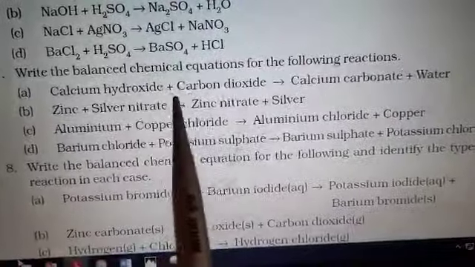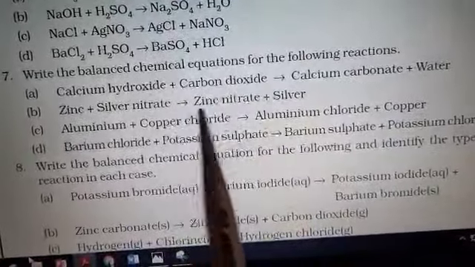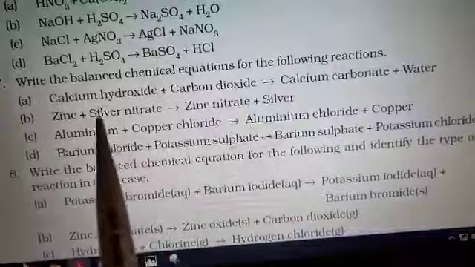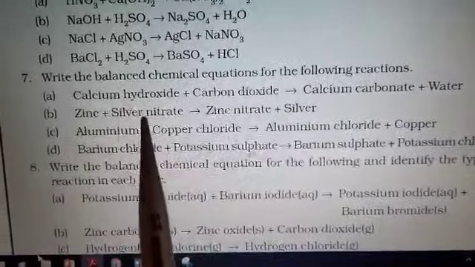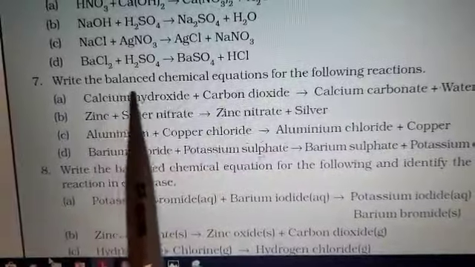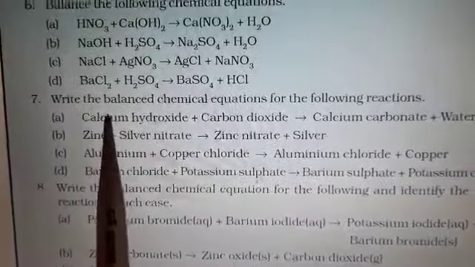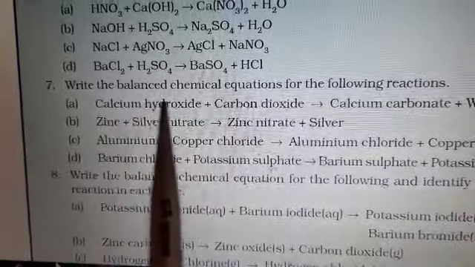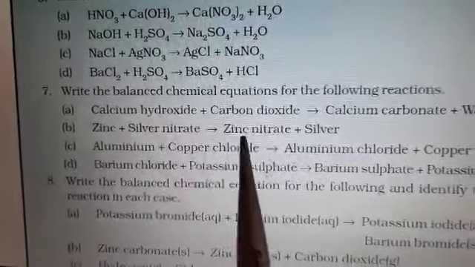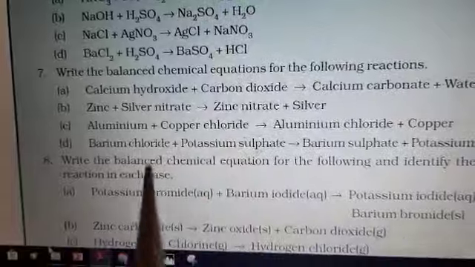Again you have to write the formulas and then you have to balance the reaction. Try to do it yourself. Make the formula where you are not knowing the formula. Please see that suppose calcium hydroxide, calcium has 2 positive valency, hydroxyl ions have 1 minus, so it will be Ca(OH)2. In this way you will form the formulas.